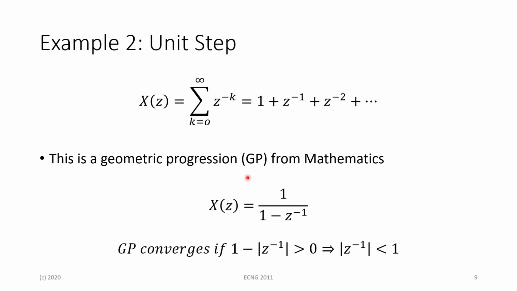And for this geometric progression to converge, the denominator must be more than 0. One thing to note though is that I have a modulus here for z to the negative 1 because we're dealing with the magnitude of that z value. So when you actually work this in particular,